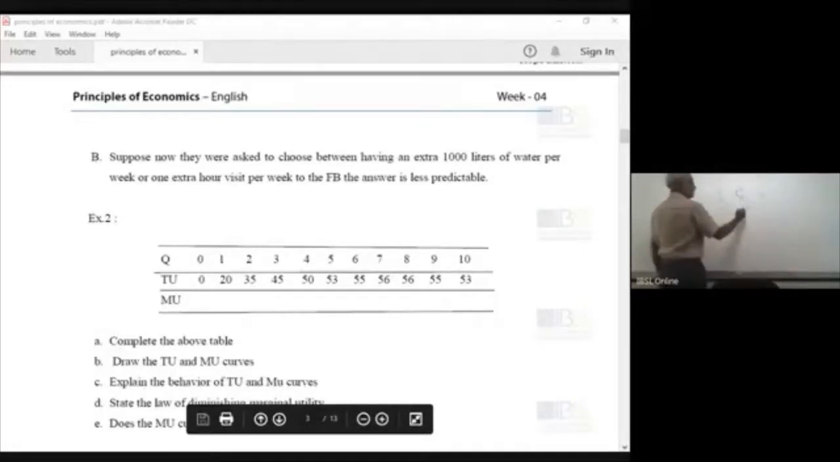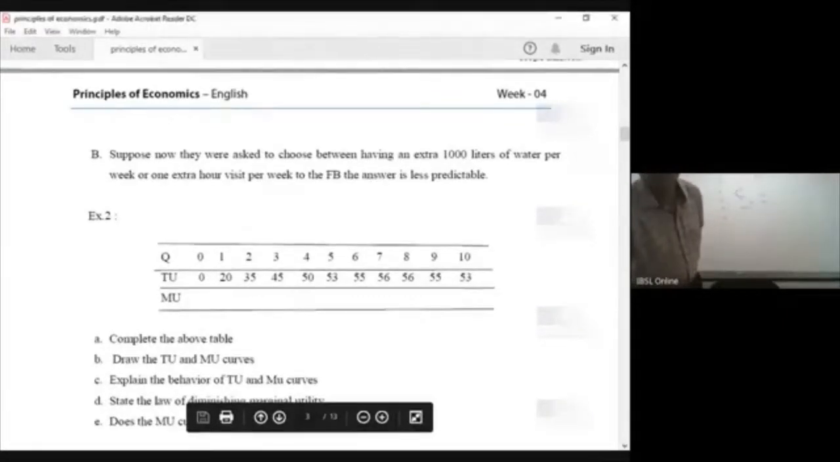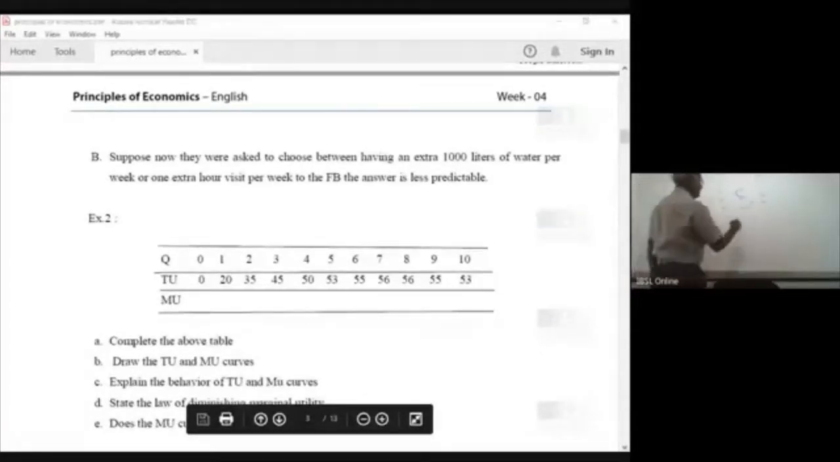Third one: 45 minus 35, 10. 3 minus 2, 1. Therefore, 10 divided by 1, 10. Like that. Then the fourth unit, I can't remember what the fourth unit utility is, 50 or 55? Fourth unit, 50, yeah, 50. Change 5 divided by 1,